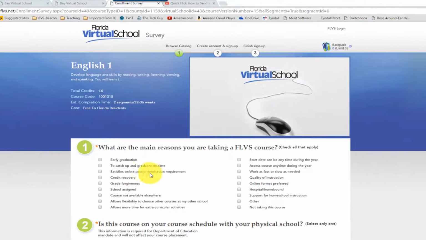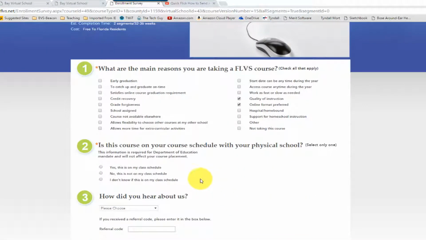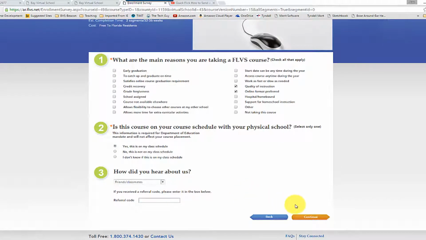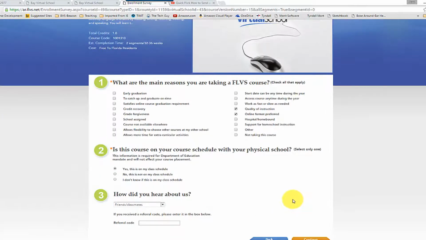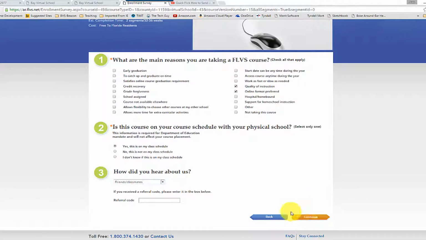Main reasons for taking this FLVS course, because remember these are FLVS or Florida Virtual School courses, we're gonna click on a couple of things there: quality of instruction and online format preferred. We're gonna click on yes over here. Although remember, your physical school will be Bay Virtual School in this case by the time we're done. How did you hear about us? Again, we're gonna click on friends, and then let's see. Once we're sure that we have picked everything we need, we click on continue,